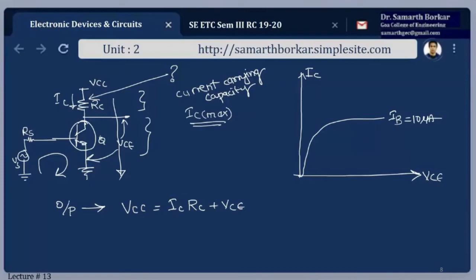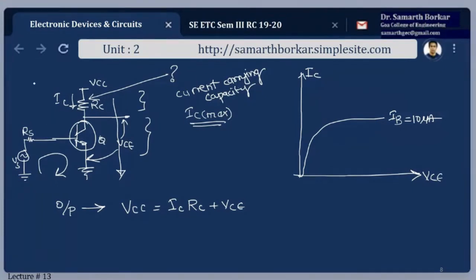Simple thing. Fine. So how do I limit the current passing through this transistor? That job is taken care of by this RC. Remember, whenever you have any resistance in any given circuit, it has dual functions to perform. First, it limits the current passing through the circuit, and secondly, it drops the voltage across it. These are the two things your resistor does in any given circuit. The first is that it limits the current. Now, how can I limit the current?